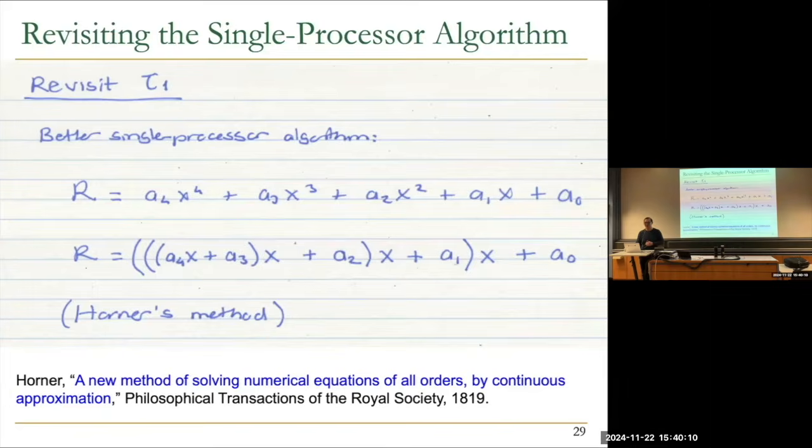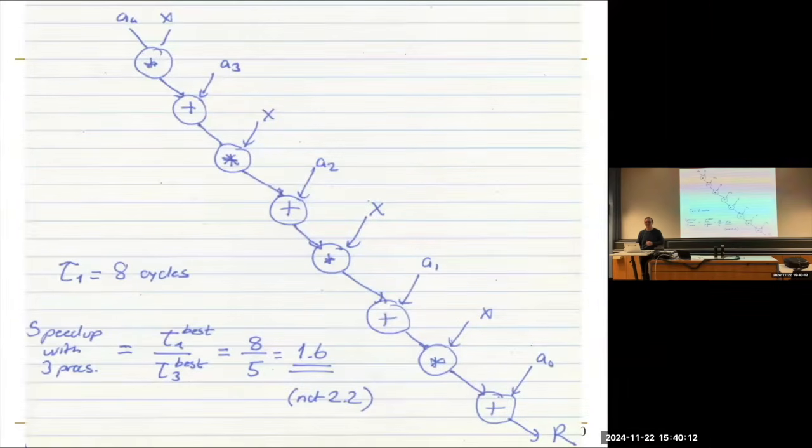And if you do this, you would get 8. You got 8, right? Okay, and nobody else got 8? And you did this, essentially. This is a much nicer version of the algorithm, as you can see, on a single processor. So now your speed up is not 11 divided by 5, it's 8 divided by 5, and you get 1.6 speed up. So maybe the multiple processor is not looking that good.